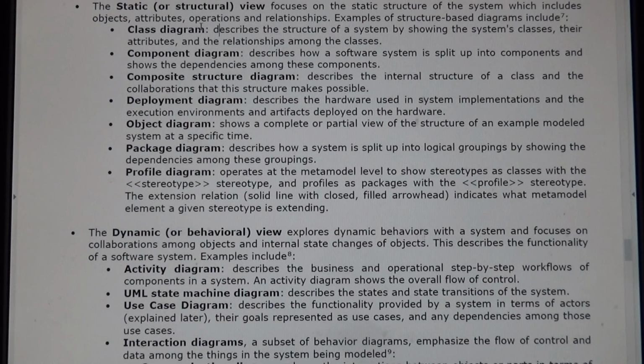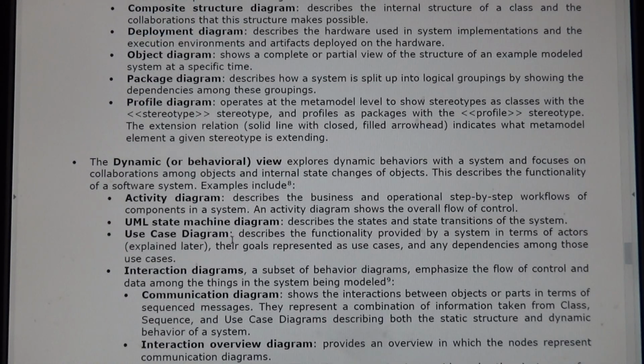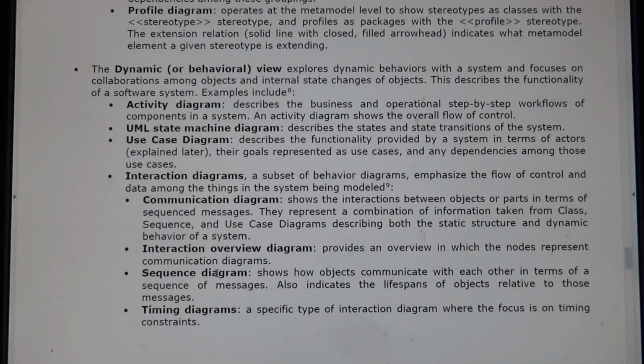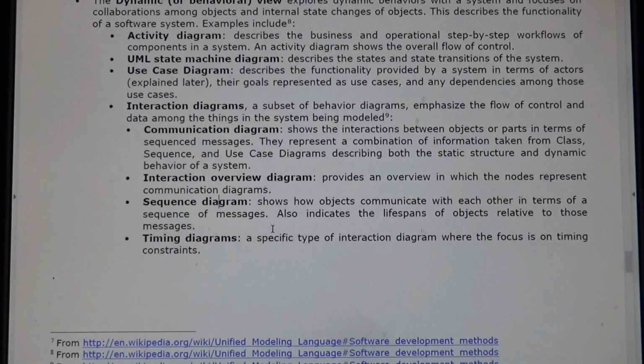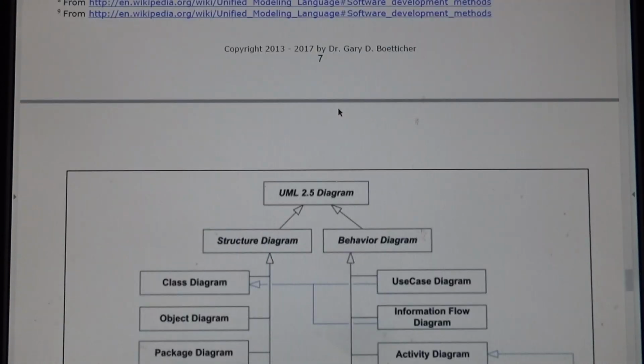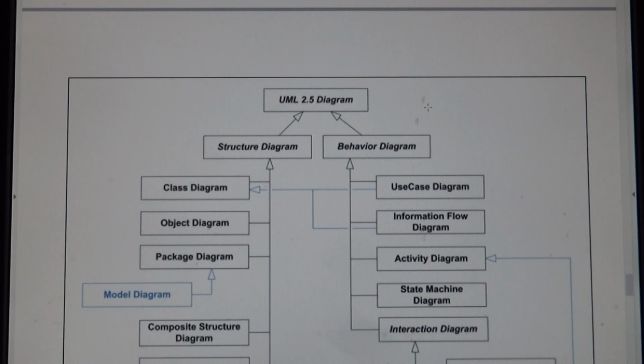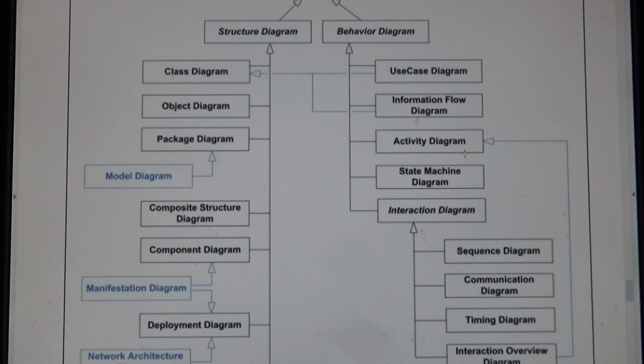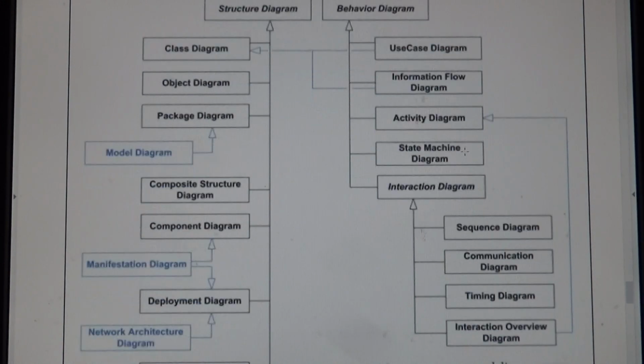So for example, we'll see class diagrams. That's one of the first things we'll look at. And then we'll see use case diagrams. We'll have activity diagrams, sequence diagrams. And if you go over the syllabus, you'll see the list of things we do. Ones that maybe are perceived as not as important are in what I call the other diagrams area. Now here's another view of the UML in terms of structure and behavior. This is just more of a graphical representation of what I just went over.